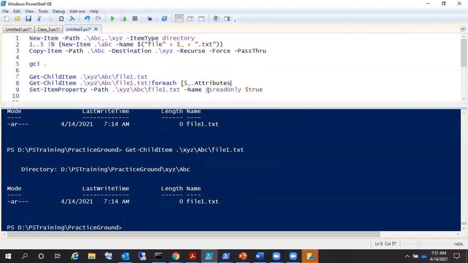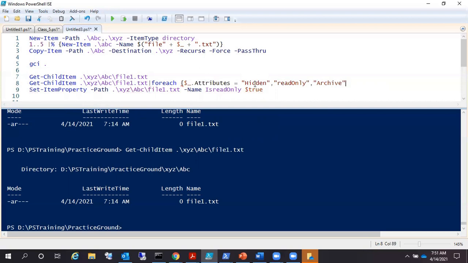If I select attributes and set its value, this file is hidden, right? And this file is also read only, right? And this file is also maybe ready for archive, right?